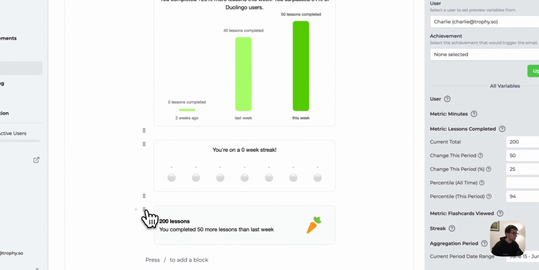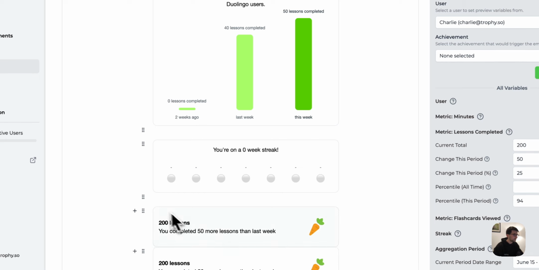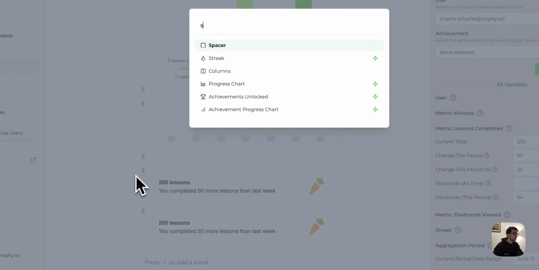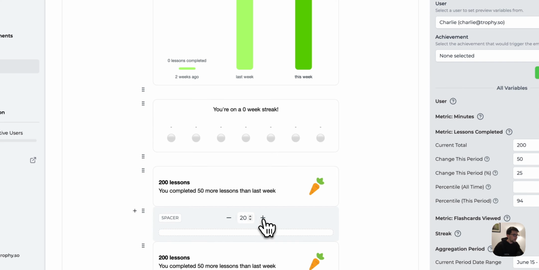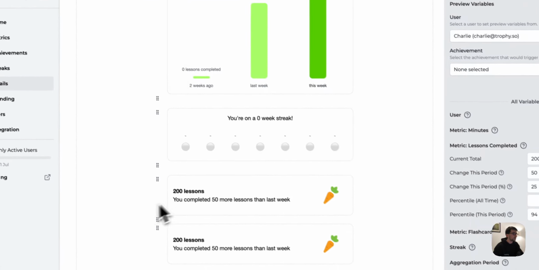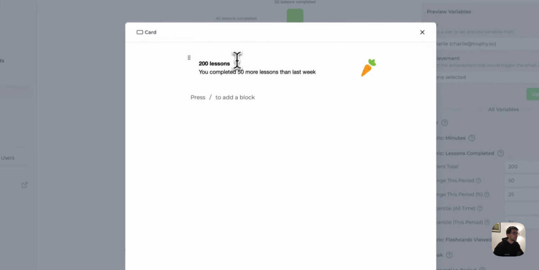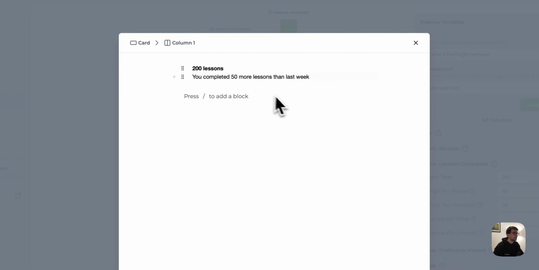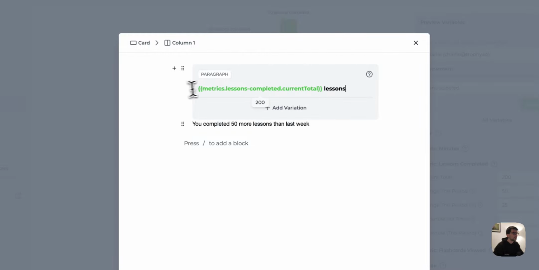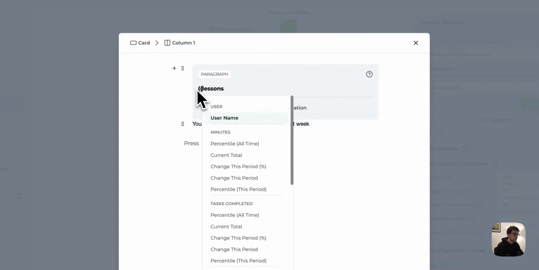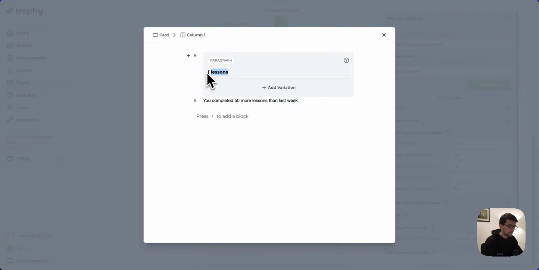And then I want another one of these. It's pretty similar, so I'll duplicate that, add a bit of spacing. And then I just need to customize the variables. So we're looking at minutes metric instead, and then we'll just have a different image. So it's basically the same. I can just update this to say metrics.lessons completed, not that, but minutes, current total, minutes,